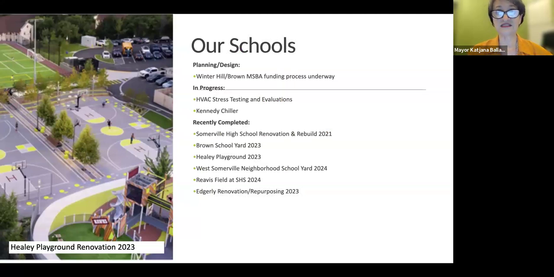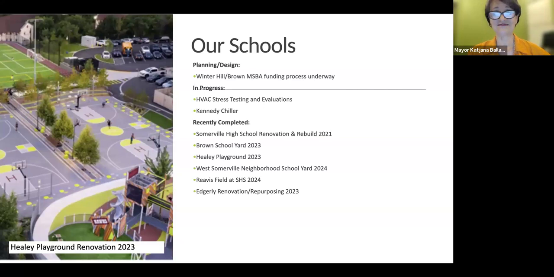Again, our most significant school project right now is Winter Hill. We've been accepted into the Massachusetts School Building Authority, whose initials are MSBA, state funding program for the Winter Hill and possibly the Brown needs as well, if the community supports including the Brown.